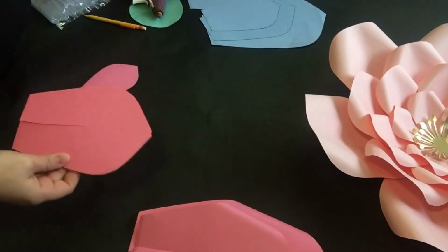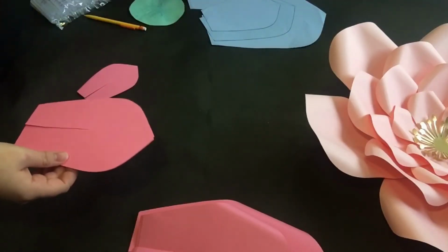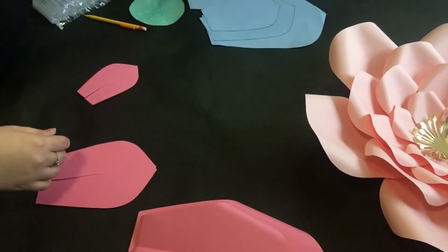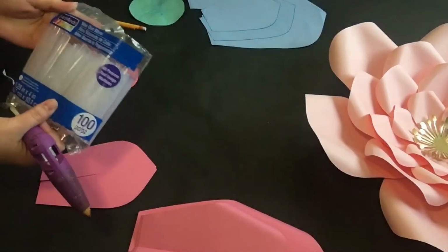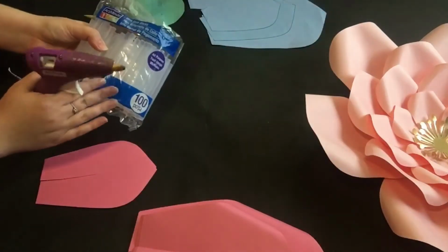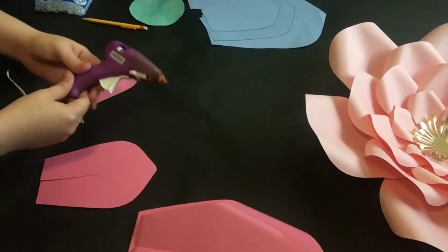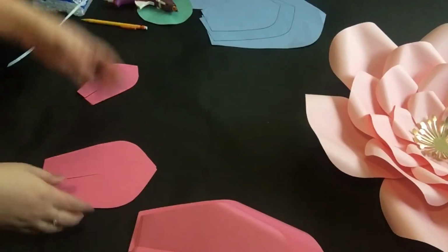And while I'm doing this, I also have my hot glue gun warming up over here. As you can see, I use the small $4 guns from Michael's, the Art Minds one. And then these are the glue sticks that I use. I also use the Art Minds glue sticks. So this pack is $10, but I usually always use either the 40 or 50% off coupon. And then this gun is only $4. And I have a more expensive gun, but I honestly prefer to use the smaller one,